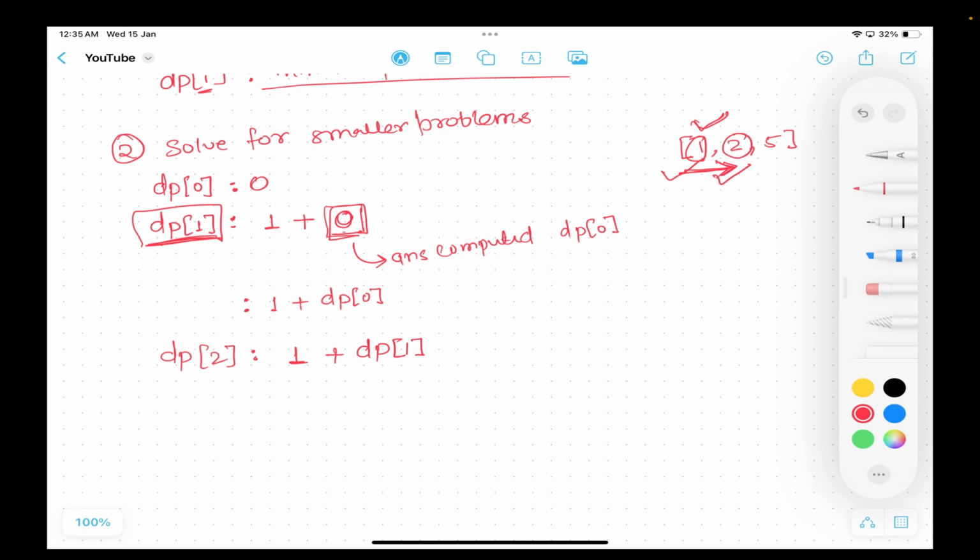फिर मैं टू को भी ले सकता हूँ, अगर मैं टू को लेता हूँ तो टू प्लस, मेरे पास कितना, मेरे को 2 रुपए बनाने हैं एंड आई हैव टेकन टू, सो हाउ मच रिमेनिंग अमाउंट आई हैव, जीरो। सो जीरो के लिए वी हैव ऑलरेडी कंप्यूटेड द आंसर, फॉर जीरो वी हैव ऑलरेडी द बेस्ट आंसर, सो वी विल जस्ट ऐड डीपी ऑफ जीरो। बट देयर इज चांसेस दैट इनमें से कोई एक ही मिनिमम रहेगा या मल्टीपल मिनिमम हो सकते हैं। सो आउट ऑफ दिस ऑल वी विल स्टोर जस्ट मिनिमम आउट ऑफ ऑल, ठीक है।